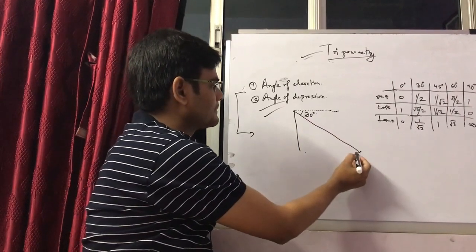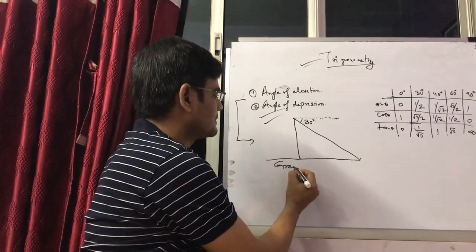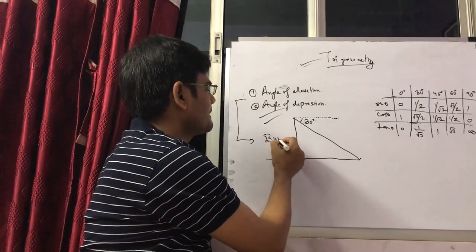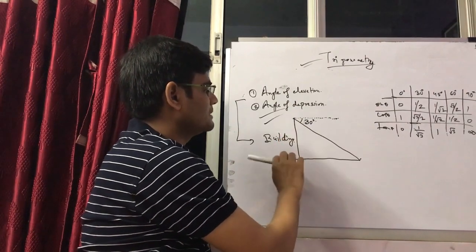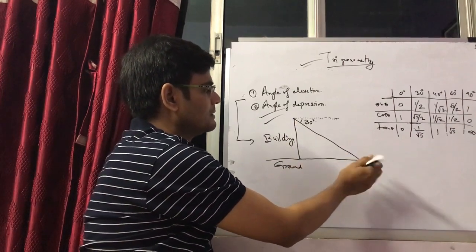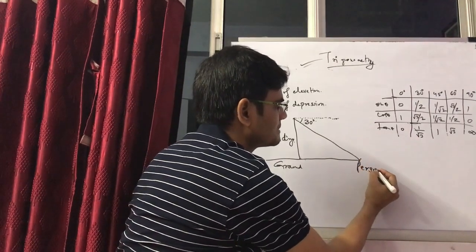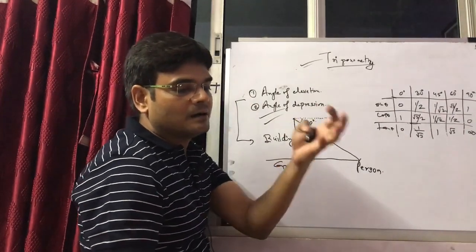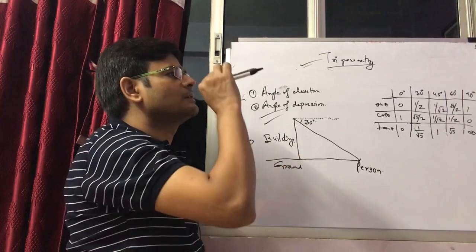And this is the diagram. This is ground floor. This is building, and you are at the top, not at the ground level. This is the ground level. This is just the point where the person is standing. It may be a person, a girl, a boy, a box, a vehicle, whatever. To look at that vehicle, you look straight, and